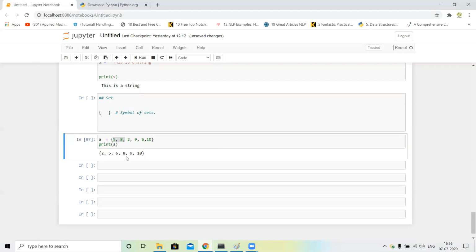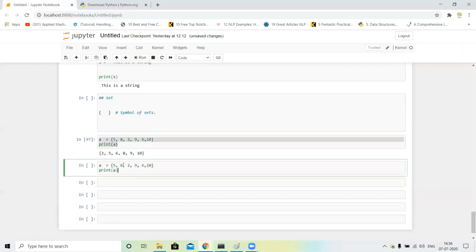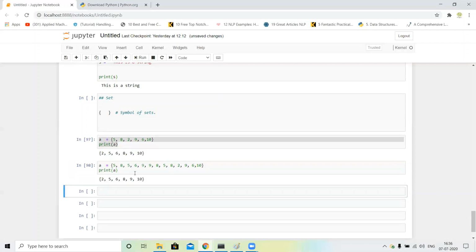Next, in sets we can perform union and intersection of sets, guys, and sets have unique values. Like we are writing multiple 5s: 5, 8, 9, 6, 9, 8, 5. You can see I have written 5, 8 and 9 multiple times, but when we print this, it prints only one 5, only one 8, and only one 9.